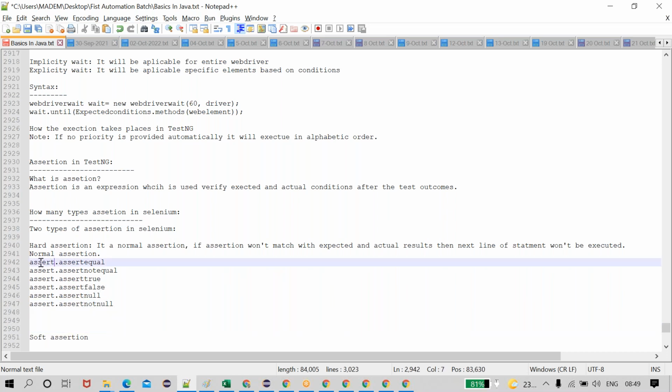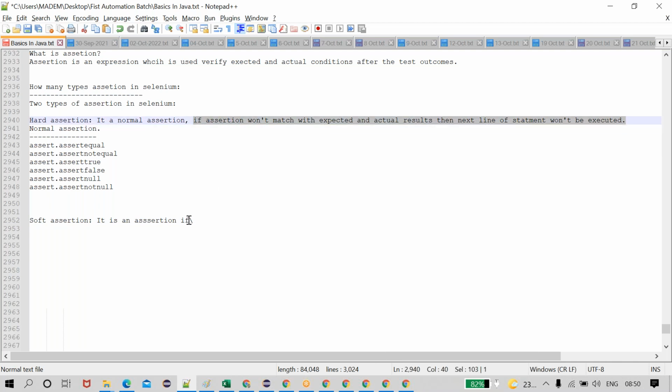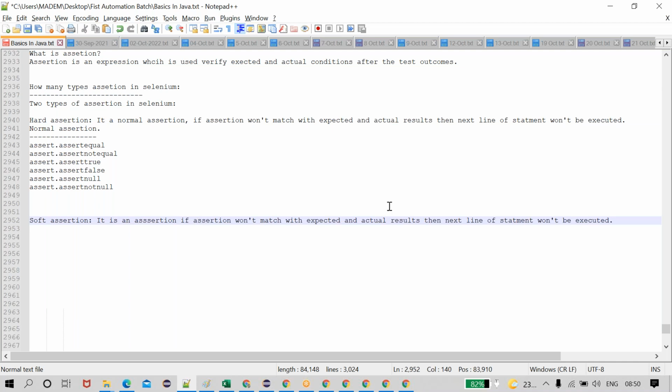Normal assertions work by using the assert keyword itself. Okay, there is no specific method. Whereas soft assertions, we need to create explicitly. Okay, it is an assertion, and if the assertion doesn't match the expected and actual results, then the next lines of statements will be executed.